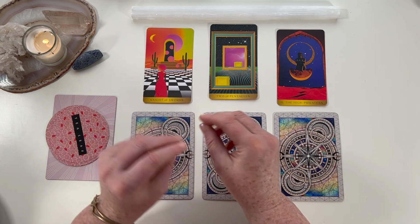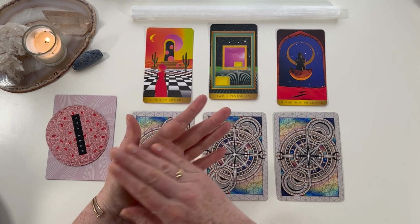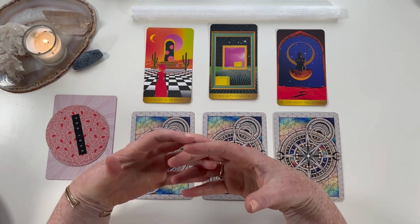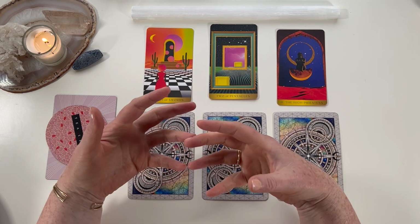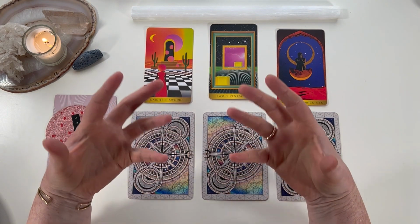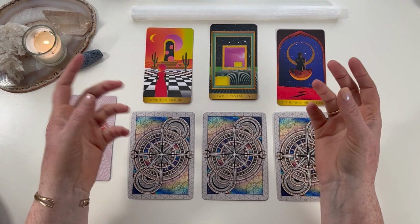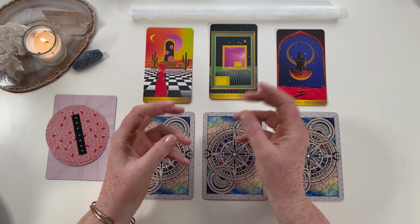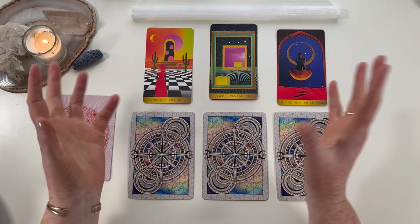And I think you've taken a lot of initiative with this Knight of Swords to cut a lot of things out of your life to make room for what your inner High Priestess has a lot of wisdom about and a lot of direction around in terms of what will actually bring you fulfillment in your life to create and birth and cultivate and tend to and grow, and I think you're over a hump. Like, you've cut away the things that have needed to be cut away. You've created the space,